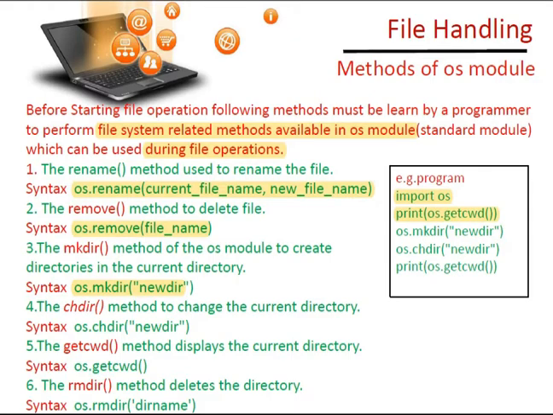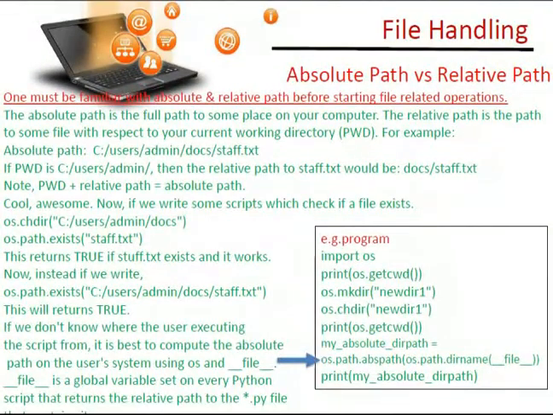This function is used to delete the directory. So rmdir means remove directory. All commands are relevant to basic words so that we can remember them easily. By chance if you are not able to remember, just wait for some time after the dot, all the functions related to that os module will be displayed in your list, then you can choose from that. The next topic is the difference between absolute path and relative path.